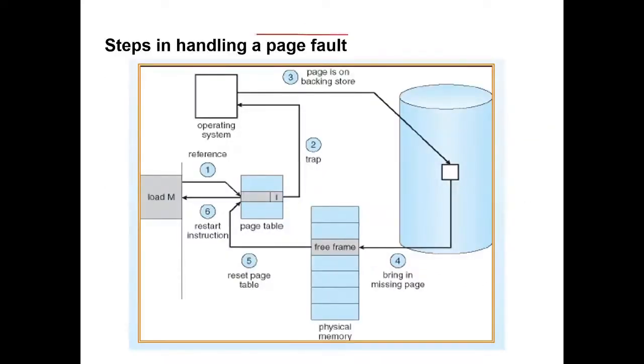So, steps in handling the page fault. How does the operating system handle this page fault? Whenever the CPU wants to execute an instruction, it generates two parts: one is the page number and the other is the instruction number. That information will be searched in the page table, to find exactly where that page is stored, in which frame. If the operating system finds the invalid bit there, then it understands that the page is not in the main memory, so it instructs a search in the secondary memory.